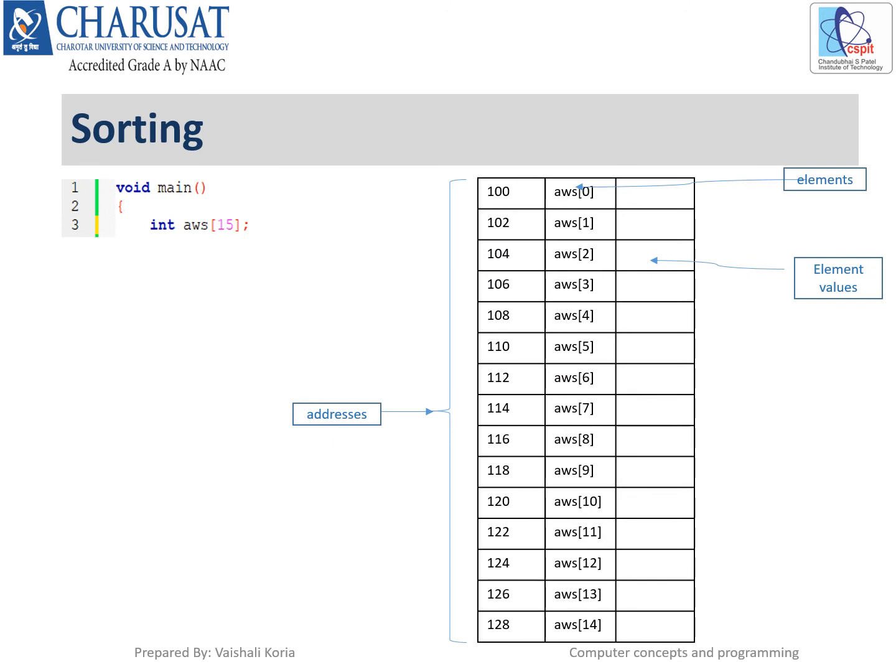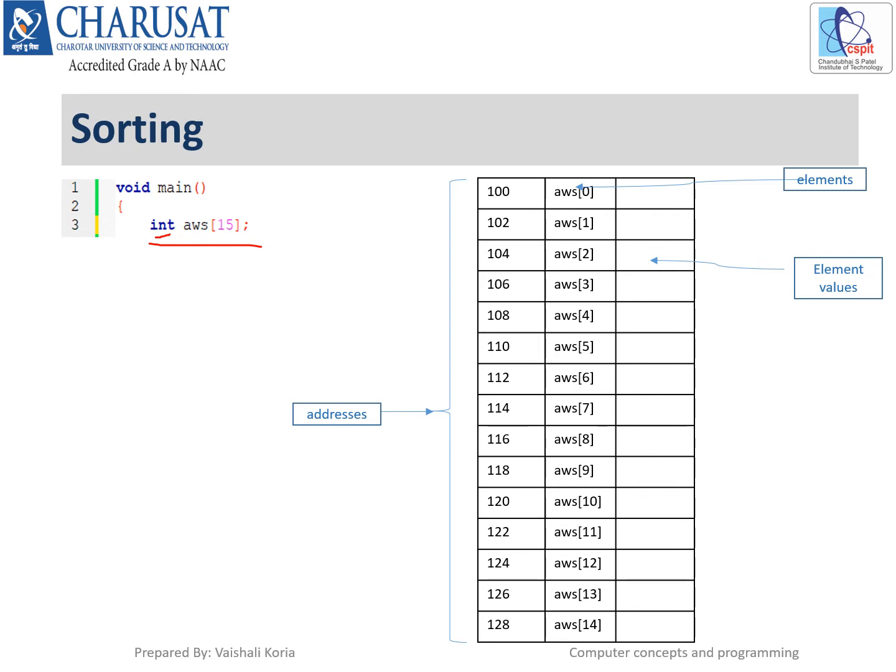This is the first step: we have to declare an array. From the definition that we had seen earlier, the data type has to be specified. We want to store the roll numbers in integer format, so the data type is integer. We have taken the name of the array as AWS and the maximum size is 15. So the capacity for this academy is 15, and a maximum of 15 students can be enrolled.